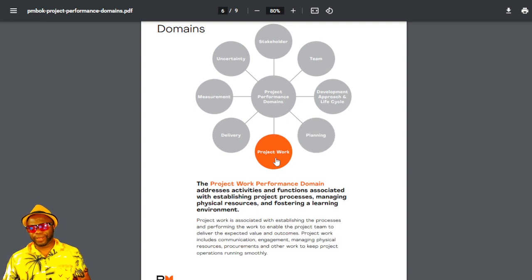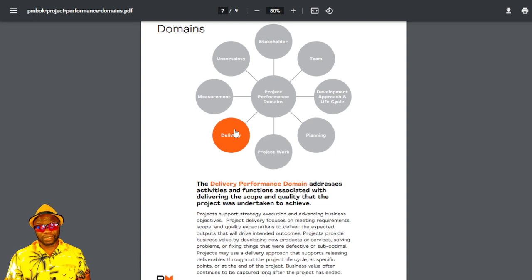Project work is all about understanding the activities for the delivery and the outcome. But this project work performance domain cuts pretty close to a number of places like scope and quality. And it says project work includes communication engagement, managing physical resources, procurement, and other work to keep project operations running smoothly. It's that simple. Delivery, need I say more? This is about the delivery itself. So again,